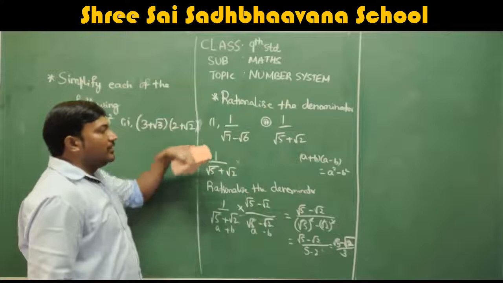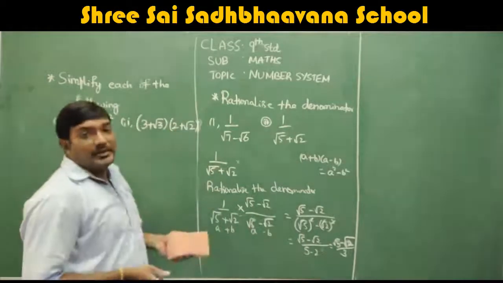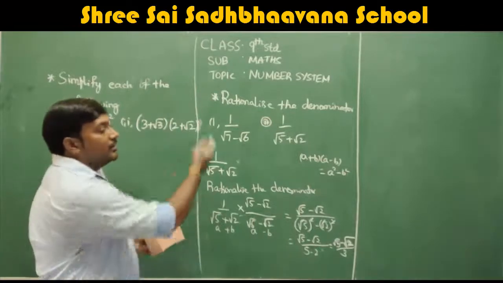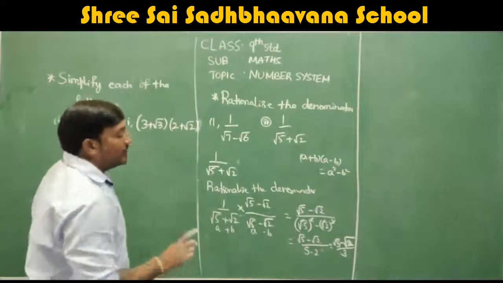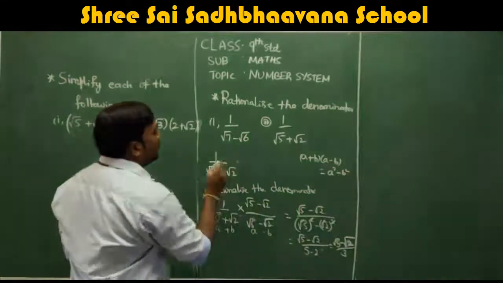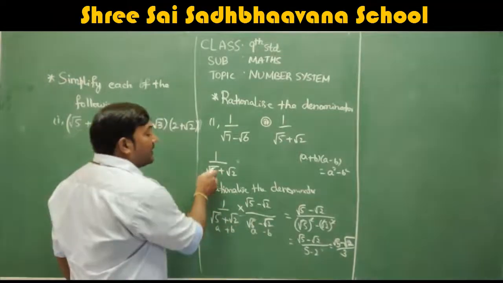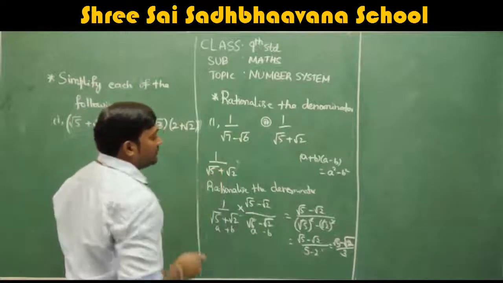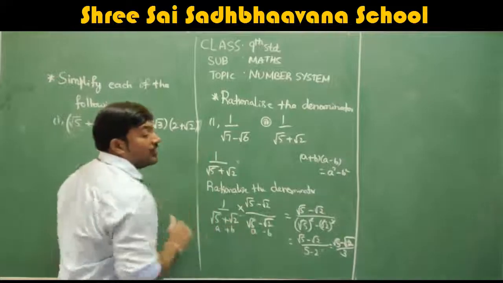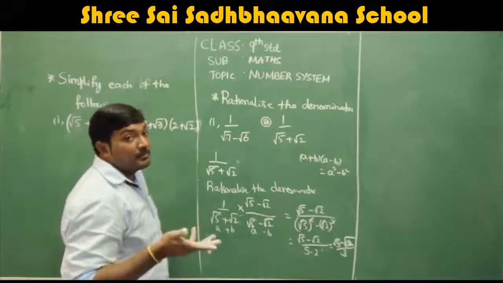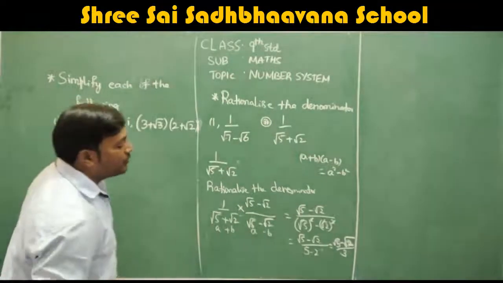I'll just repeat once again. We have to rationalize the denominator, and they clearly told us to rationalize the denominator only. It means they also know that you cannot convert an irrational number into a rational number. So that's the reason you can rationalize only the denominator. It is the only possible way here. 1 by root 5 plus root 2 means we are rationalizing the denominator. Rationalizing in the sense, we are multiplying with the same numbers with the opposite sign. Like root 5 plus root 2 is there, we take root 5 minus root 2. In the last case, root 7 minus root 6 is there, we took root 7 plus root 6. Similarly, here plus is there, so take minus. So root 5 minus root 2 divided by root 5 minus root 2.